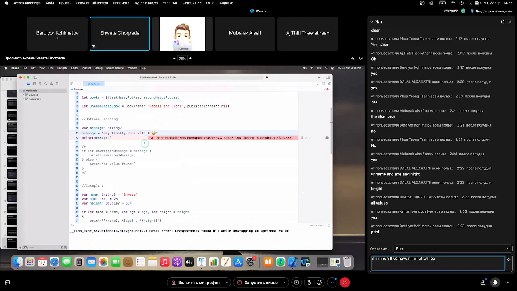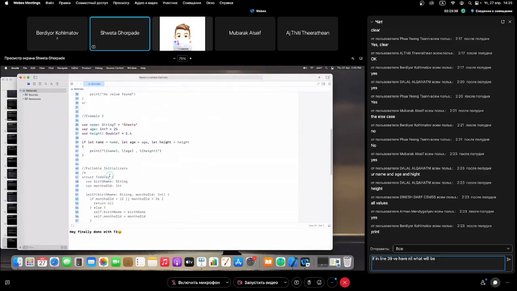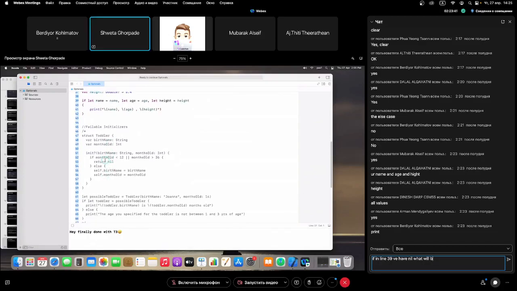But when the value is there, then we are good to go with the force unwrap operator. Okay. Now, even for the failable initializer,